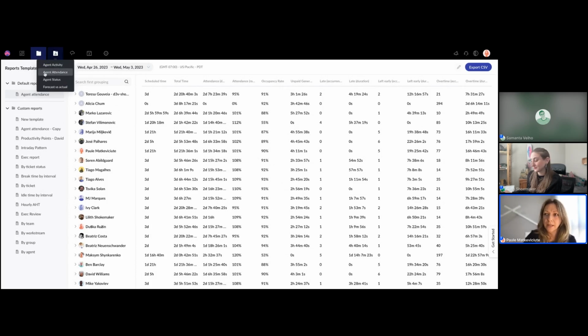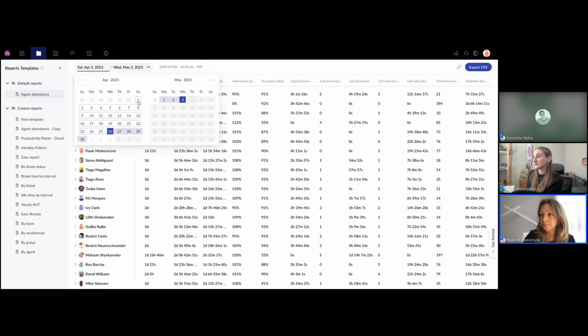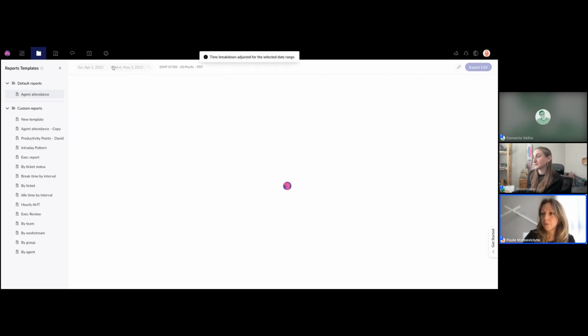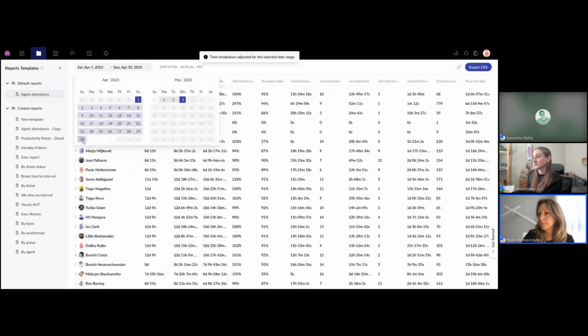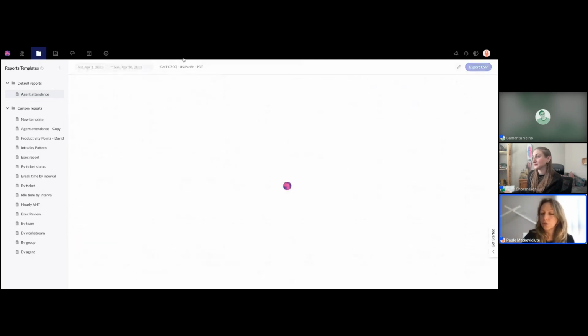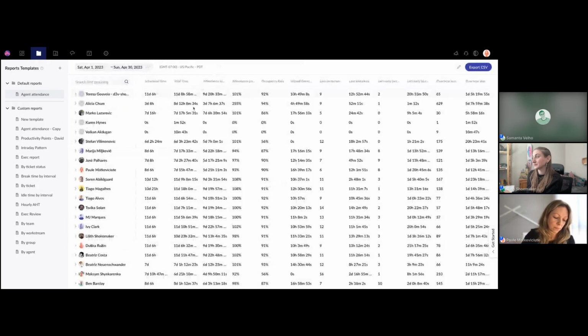So agent attendance, it basically shows you the current day. And I believe you can also go in the past. Samantha, correct me if I'm wrong on the agent attendance. But here in the historical agent attendance section, you will be able to see a great overview of all that happened. For example, if you wanted to run for a full month, to see how your team was actually adhering to schedules and to planned